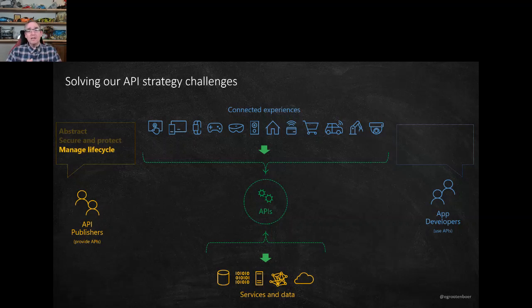They want to manage the lifecycle. As you can imagine, there are new services coming in, old services are going out. So they need a way to make sure that new services can keep on coming in, but still have the same experience for those consumers, where they just know, okay, this is where my services are, and they don't care if I'm going to change my ERP, for example, to a different system. They should not care about that. They should just get a new endpoint. So that's what API management helps with as well.